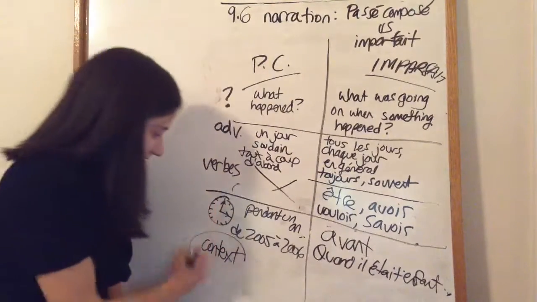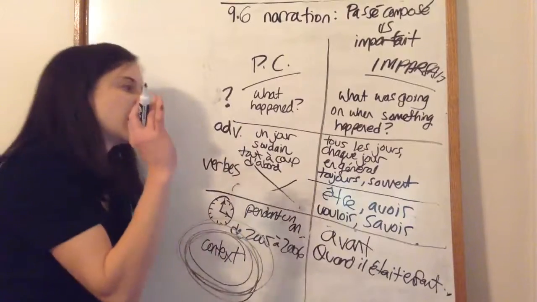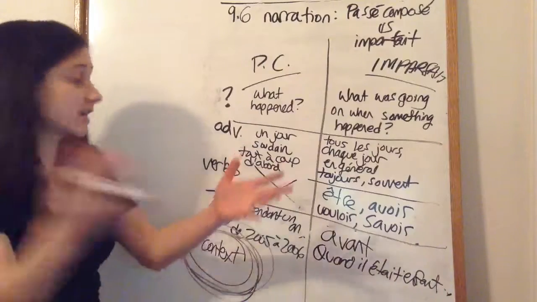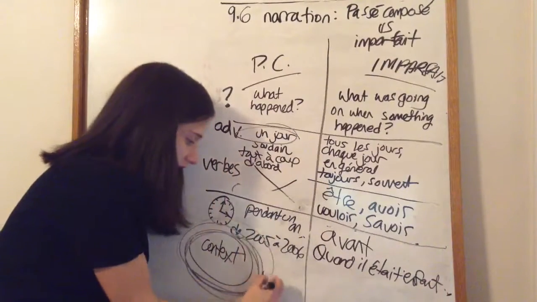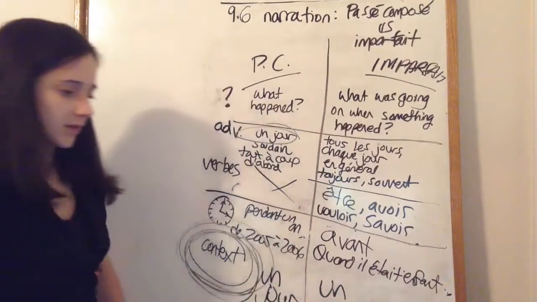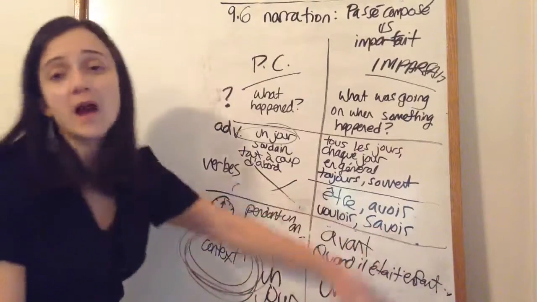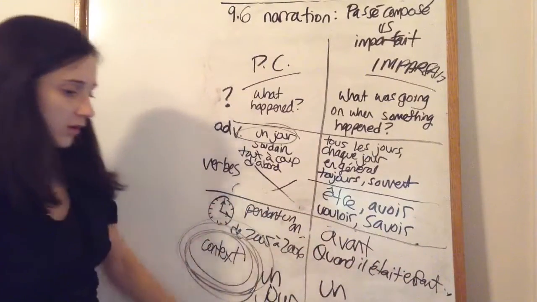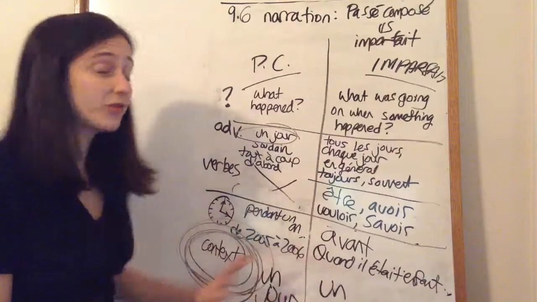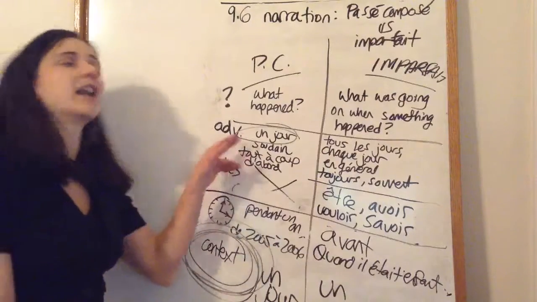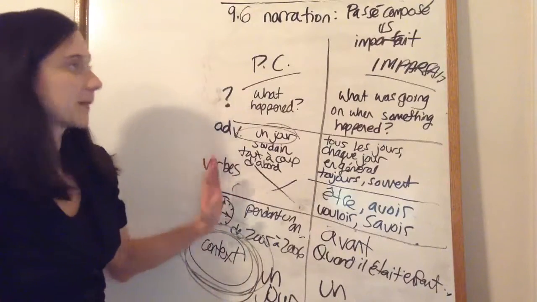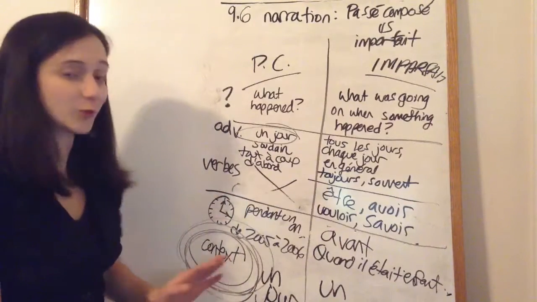All right, context. Context. This is what you need to know. This is what I'm saying each time, because we can have something like, for instance, this adverb, un jour, one day. So one day, I was riding my bike, okay? Or one day, I fell off my bike. So even though it's the same word, and I said generally it would be passé composé, it doesn't mean it always has to be passé composé. You have to look at the context, okay?